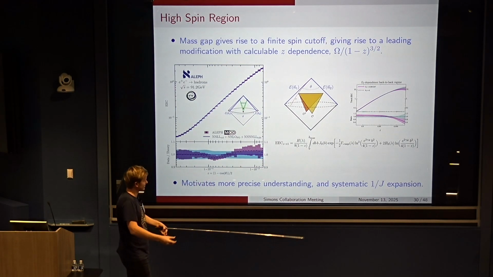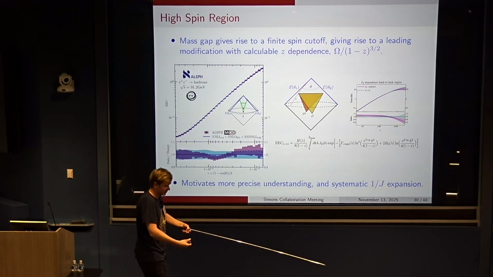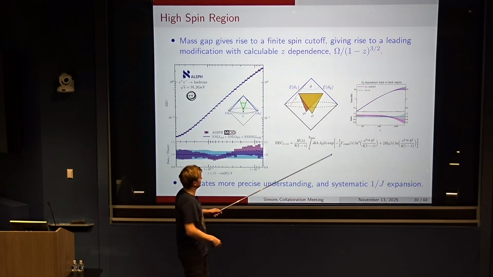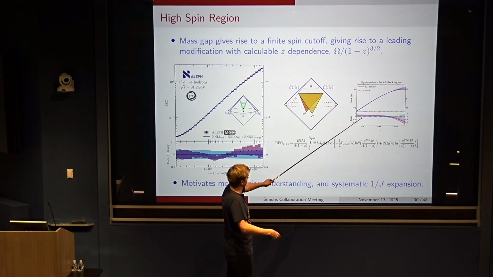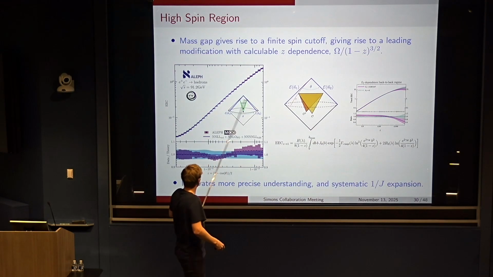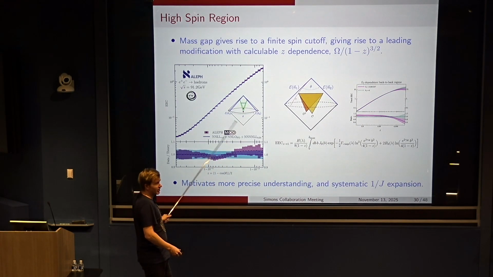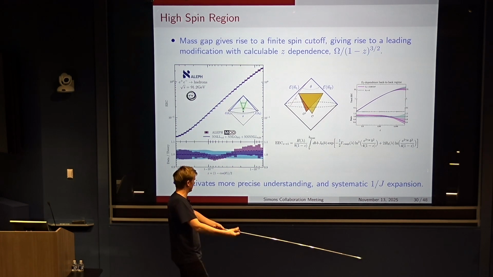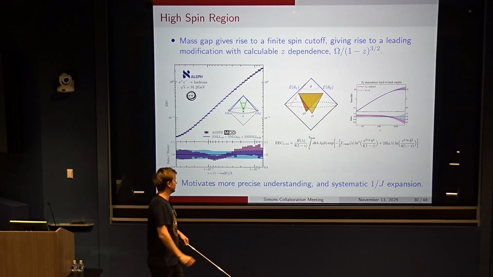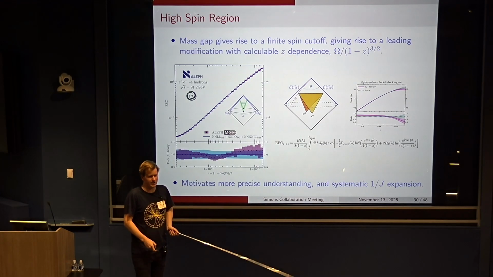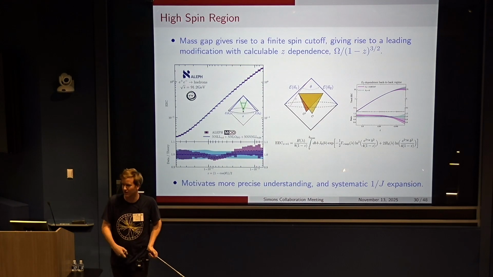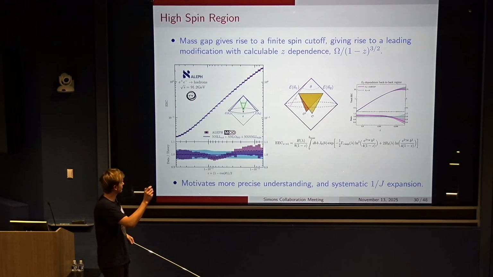And so you can think of this as a large spin expansion about the massless case. It's a little bit hard to see here, but this actually leads to about a 10% deviation in real-world QCD. Once we have things at the level of 1%, you really need to incorporate this understanding. So it shows that you have control over real-world QCD at the few percent level, and really motivates an improved understanding of these effects.